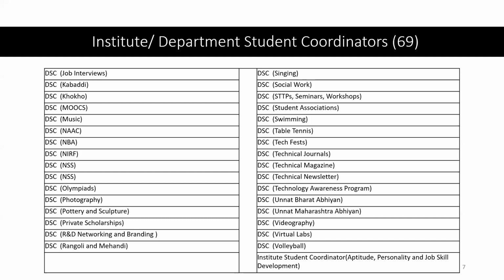Right now, what happens? Singing, for example, then swimming, table tennis, then technology fests, videography, virtual volleyball, many such games, sports. Here we have kabaddi, kho-kho, and here we have a separate person for these activities. Now these are all mixed up, and we are not able to show the correlation between all these events together. I mean, how they connect to each other.